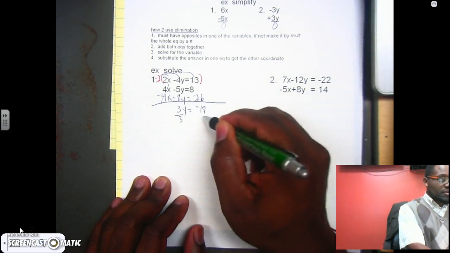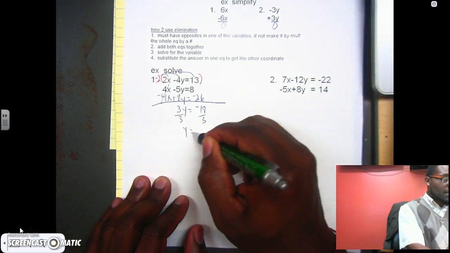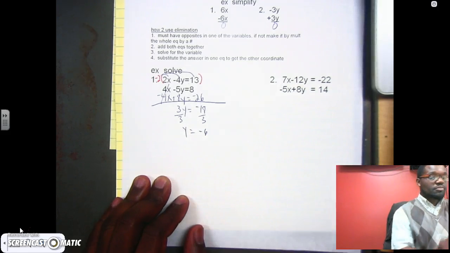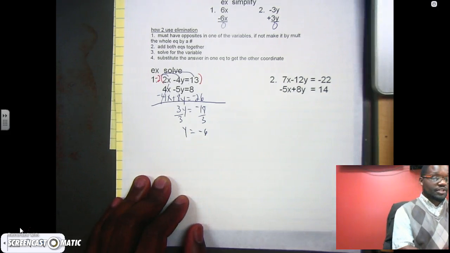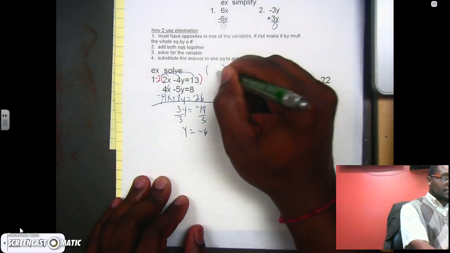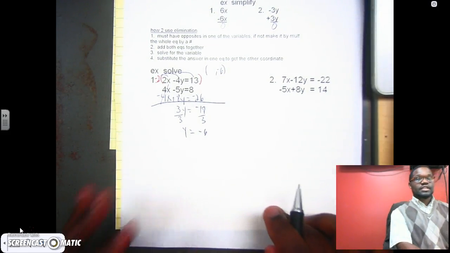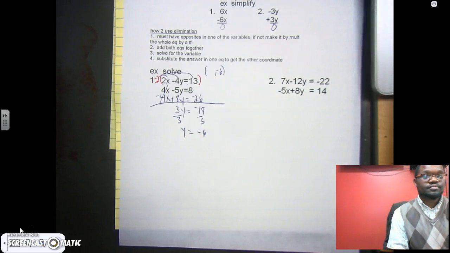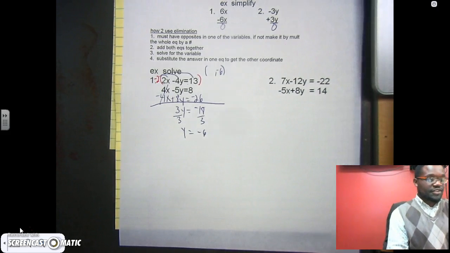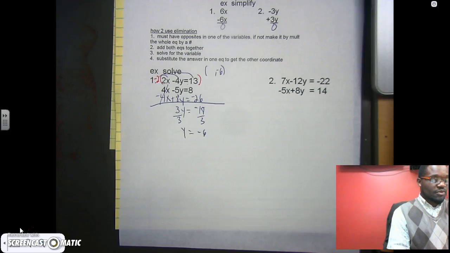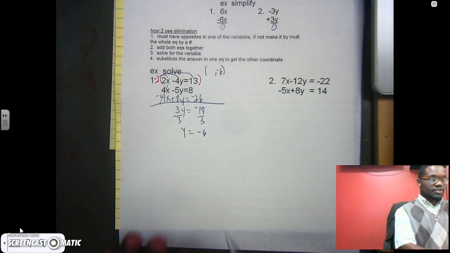Then you divide both sides by 3, and you get y equals negative 6. Remember, your answer is a point, and so that means that simply my y coordinate is negative 6. Now, I need to figure out what my x coordinate is, and so what I'll do is either go back